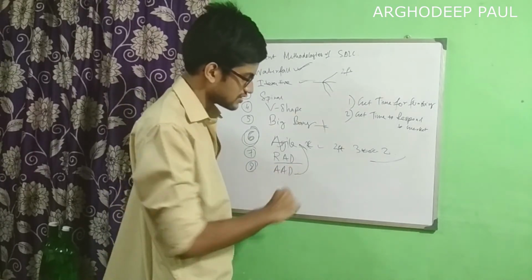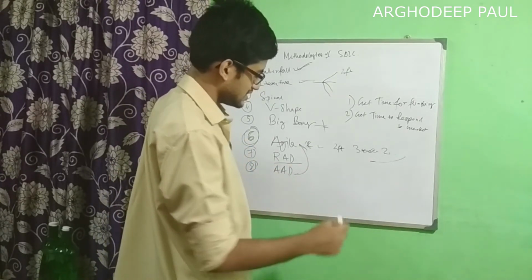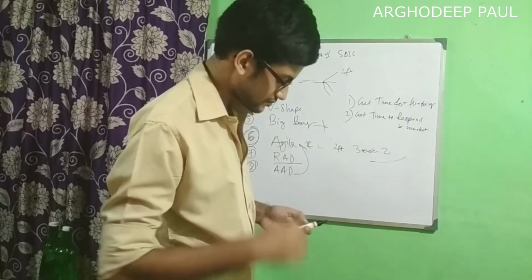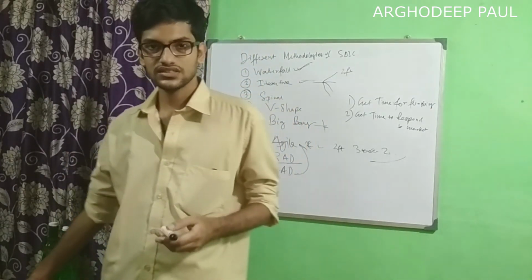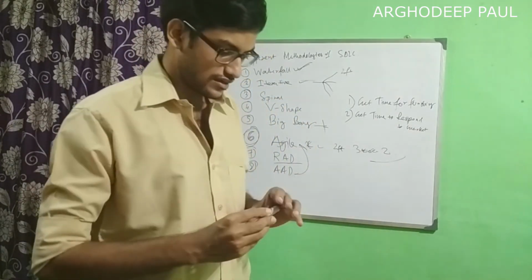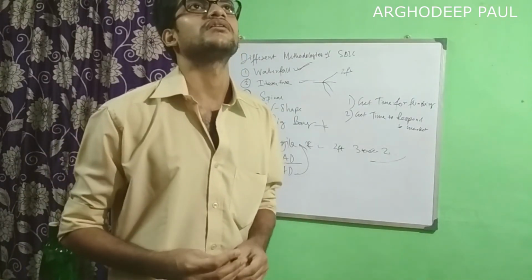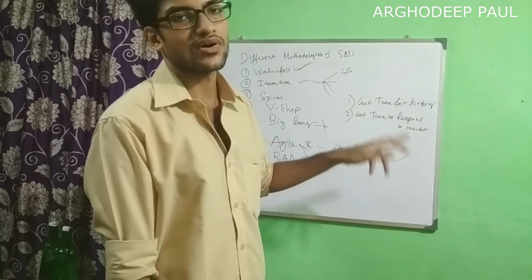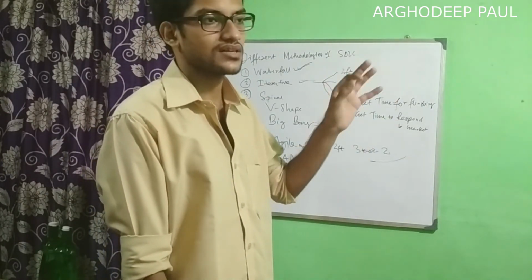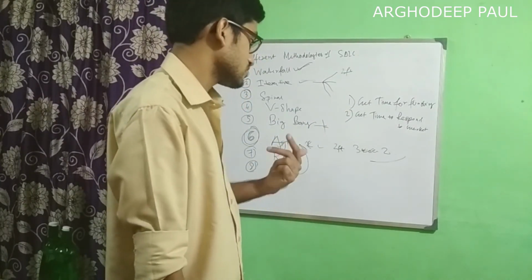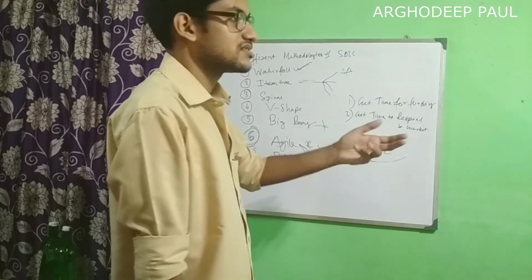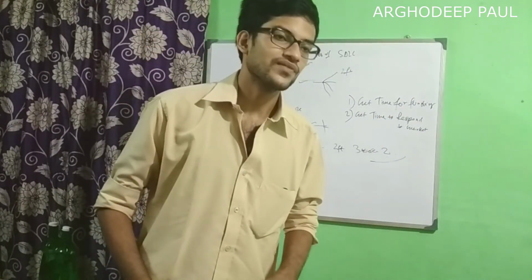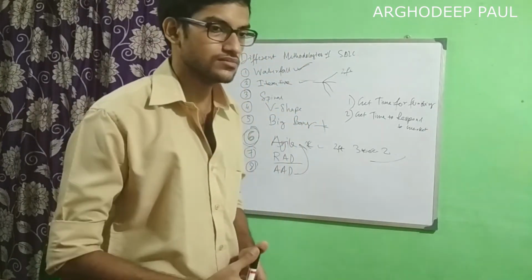RAD means reusing software components. Modules A, B, C, D, all of those modules are already written and uploaded in some kind of servers or repositories, you may say. And according to our technical design document, we are making the project. We need to find out what features are required, and according to those requirements, we instantly download those libraries and include them in our application. Nothing else. It is that simple.